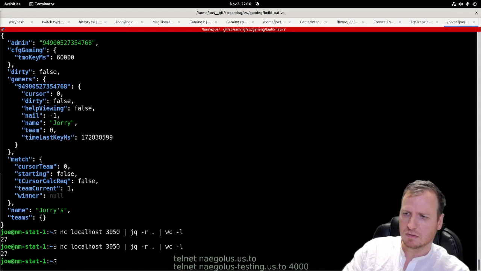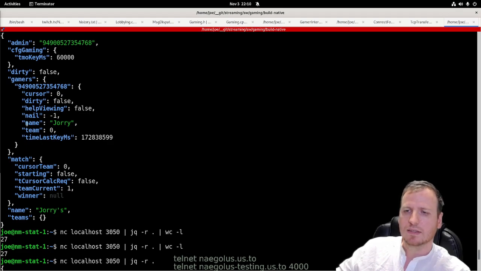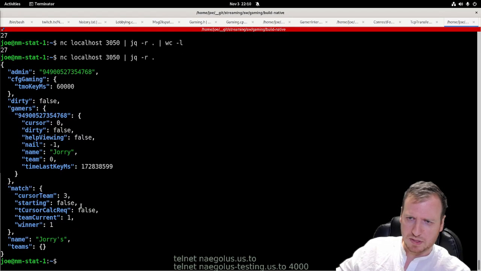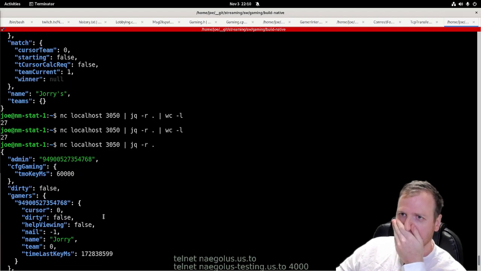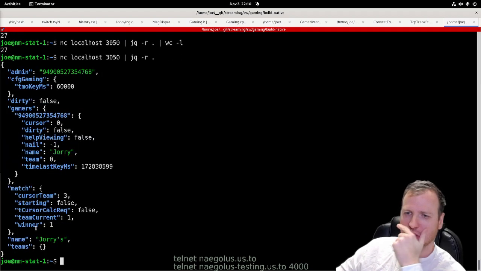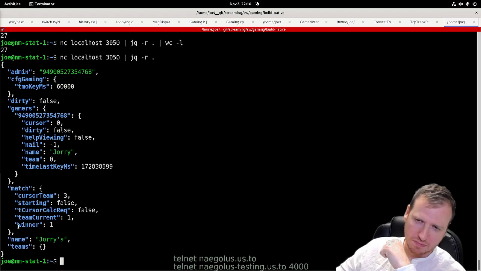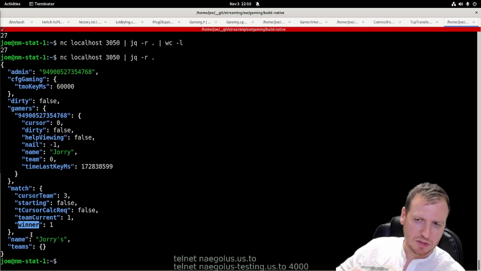So that's fine, and now we have the match. Yes, the match. Before the winner structure was null, but now the winner is team 1. That's cool. Cool. And this entry belongs to a different structure. I would add this information to the statistics